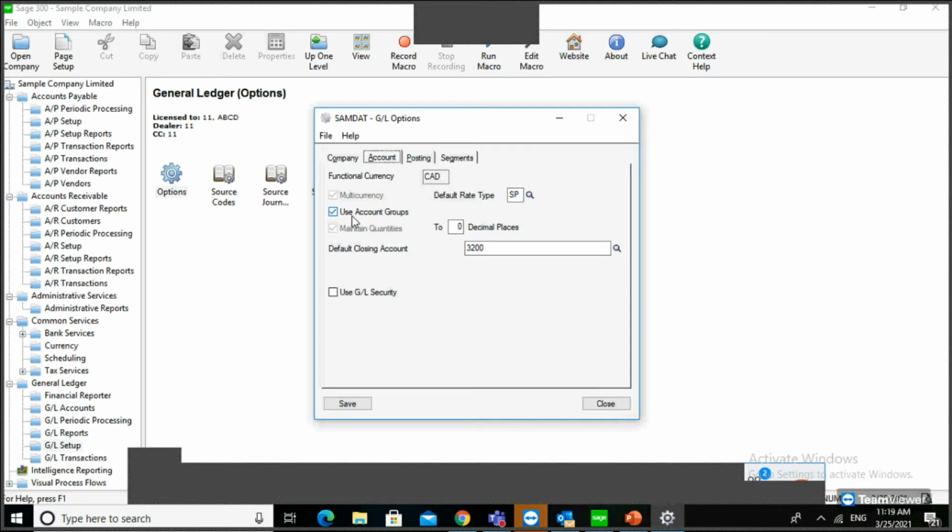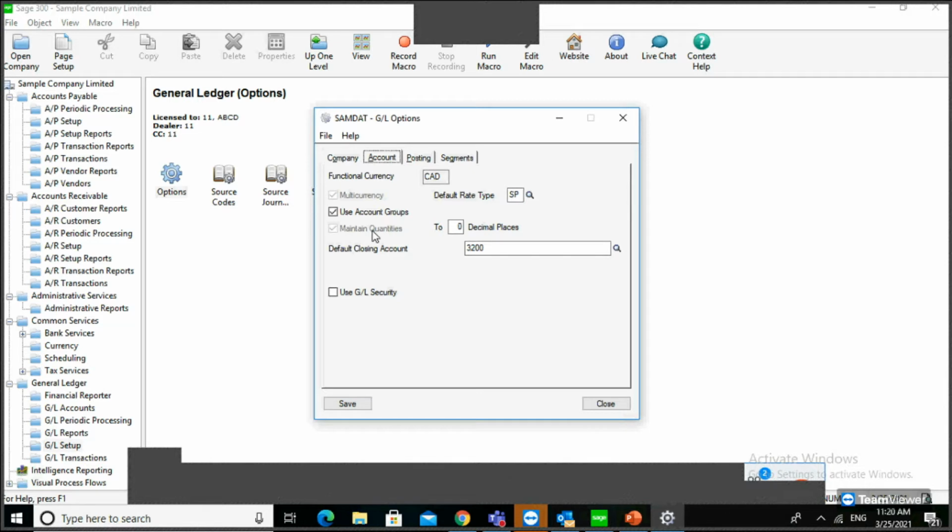What is the use of account group? If you are defining the chart of account, you can define group accounts, like administrative service expenses, sales and distribution expenses, current assets, non-current assets, liability, current liability. Based on your financial reporting purposes, you can group the chart of accounts. If you tick this option only, you can use these account groups when you are defining the account.